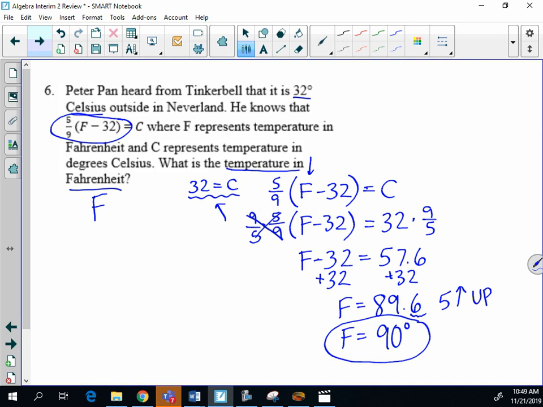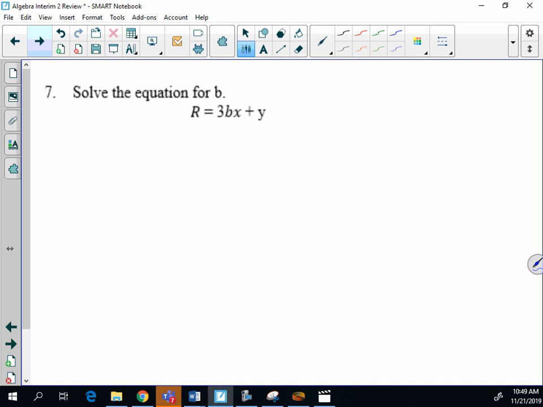Let's look at number 7. Number 7 is asking us to solve for a variable. I need to look at little b and figure out how to remove everything else. Right now, these two are attached by multiplying, so I need to do that last. The first thing is let's remove whatever's being added or subtracted. So let's remove the y. And then what happens is r and y are not like terms, so I just leave them as r minus y equals 3 little b